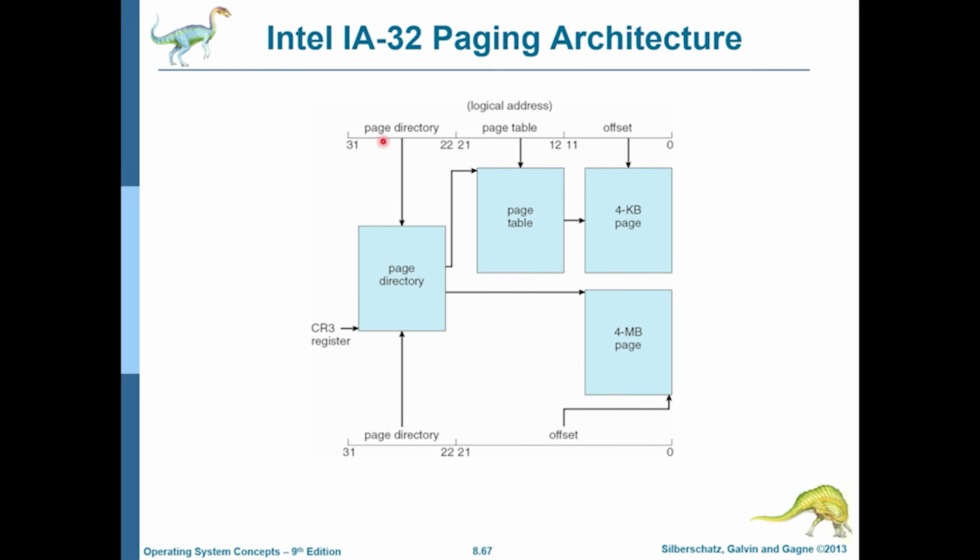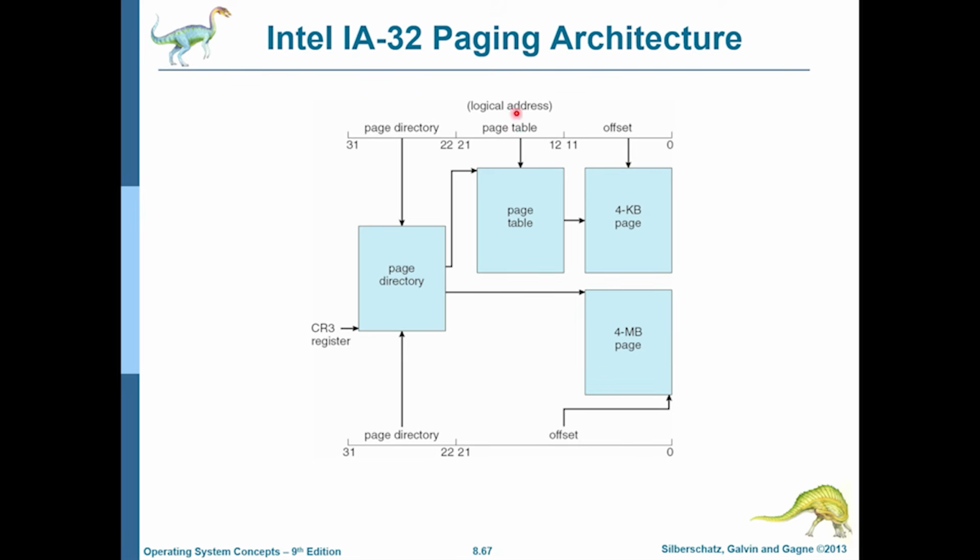So we use the 10 bits over here to index into the page directory, right? So the page directory is stored somewhere in memory, and the CR3 register in IA32 actually points to the base of the page directory. So we use the 10 bits of the logical address over here, or the linear address which the segmentation unit gives us, to index into the page directory, or you can also call this the outer page table. And then when we find the base address of the page table, we go there.